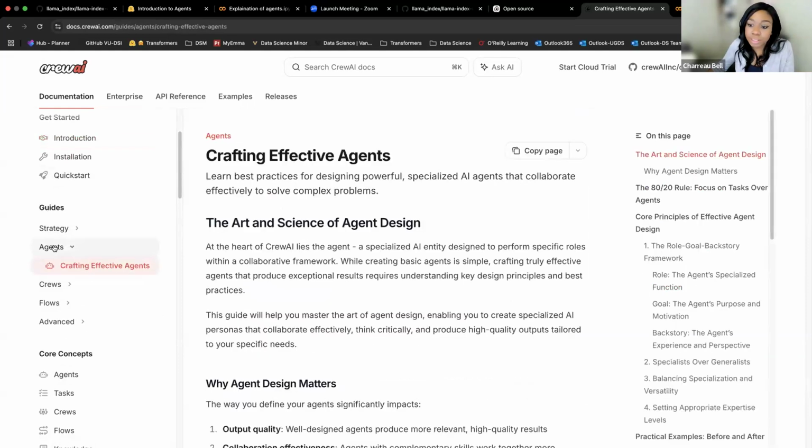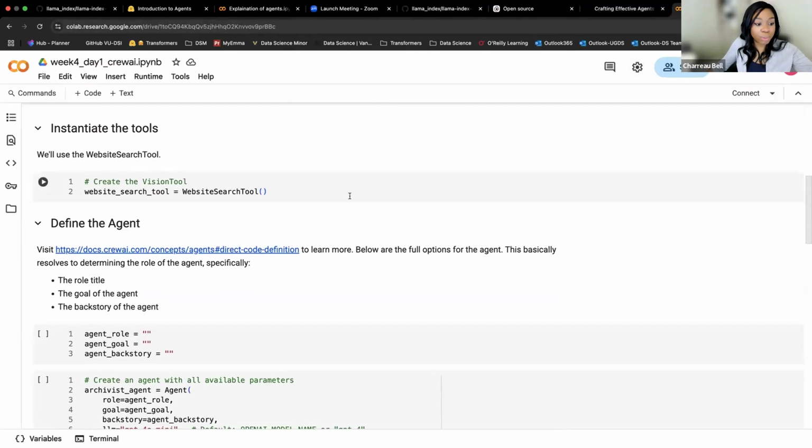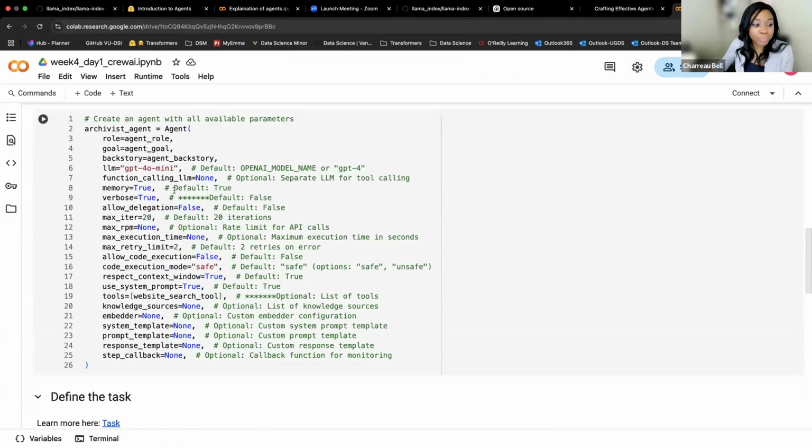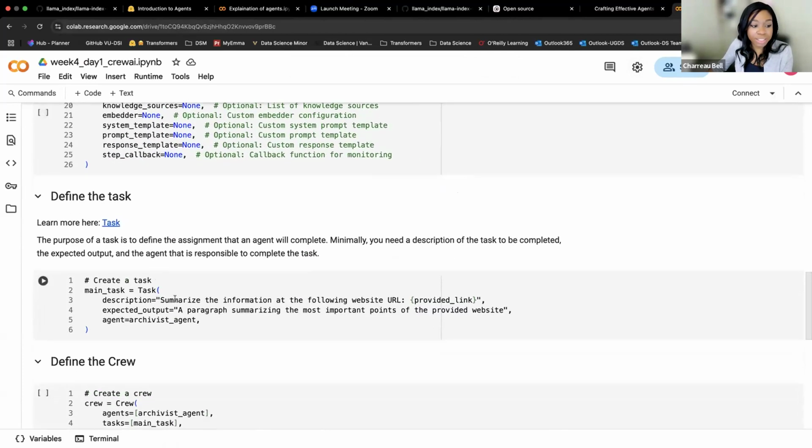I'm actually going to come to agents right quick so we can talk about some of the things that we are going to design. With agents and tasks, we want to write really great definitions, because what we will see is that these definitions are the thing that defines our agent, and the tasks are the thing that defines our task.